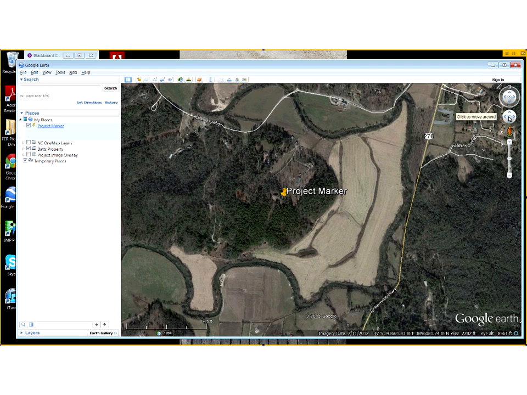This moves you, basically it tips the screen for you so that you can get the oblique images, and this zooms you in and out. One thing we didn't talk about was the street view, and let's take a look and see if that'll work. When you click on the little man for street view, it's just like the one in Google Maps. As soon as you click on it,